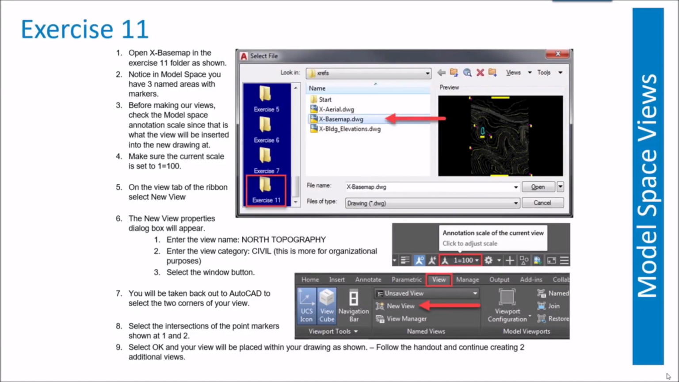In this exercise, we're going to focus on the XREFs in our sheet set. There's a folder named XREFs. There's 2 maps. One map named